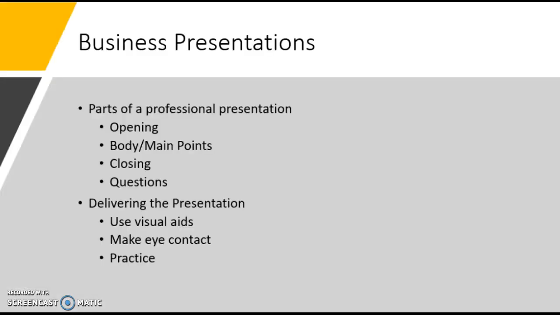And for business presentations, make sure that, again, you have the right parts of a professional presentation. So again, the opening is what they're going to learn. Sometimes we call it an agenda or what you're going to cover. Then you have your body, which has all your main points. Then you have your closing, which says what you went over. Basically, it summarizes what you went over. And then make sure you leave time for questions, but be prepared to answer